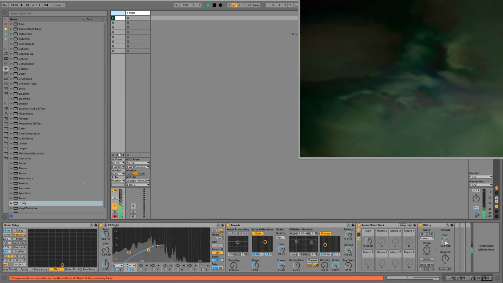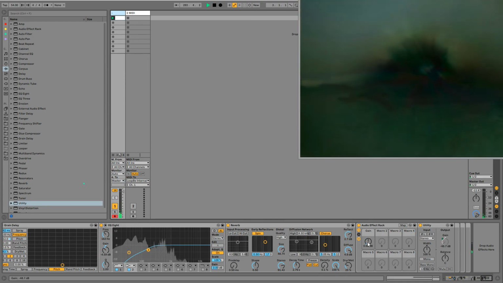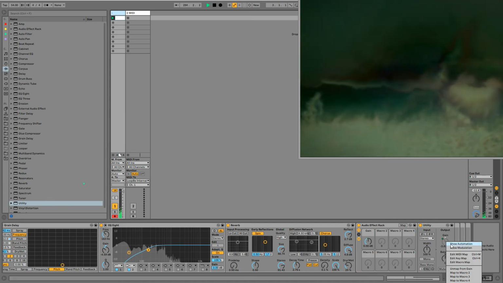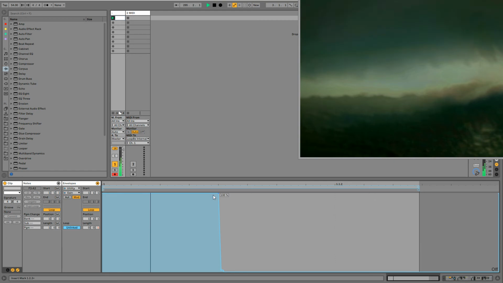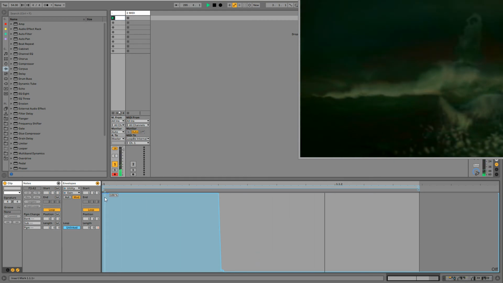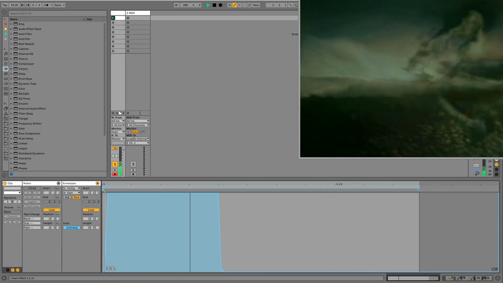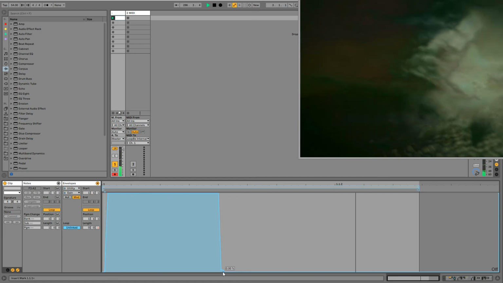So you can see here you've got this modulation happening here, this modulation happening here. Let me add a little bit more of a curve so it's less clicky.